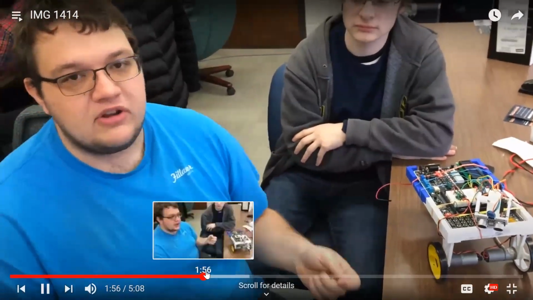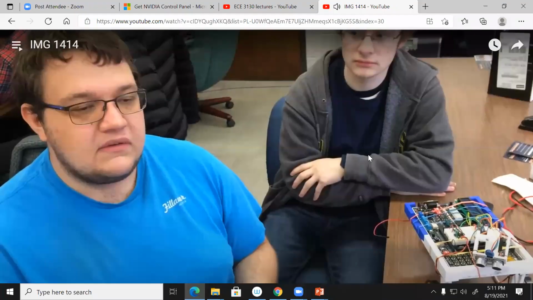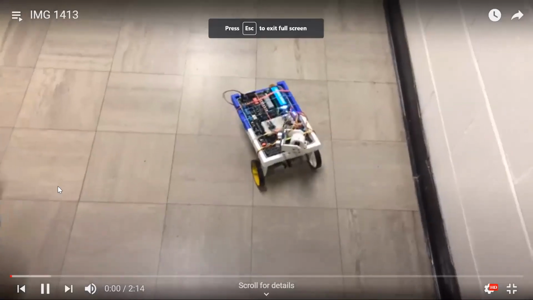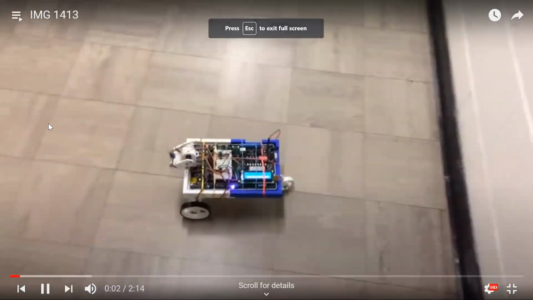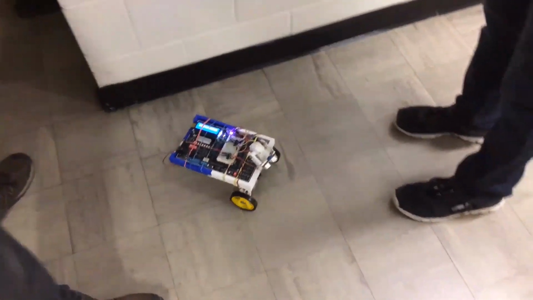Here they are explaining what they did. Okay, sorry, another video. They don't control it. It's not remote. You understand what I'm saying? So this is different from controlling an arm. This car can make the decision by itself. It just measures the distance and then moves. For sure, it's not perfect, but that's okay. It's just a course project.